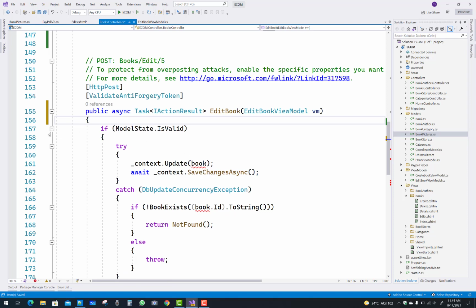Okay, also remove the context section, context.update, and also remove the statements inside the catch.